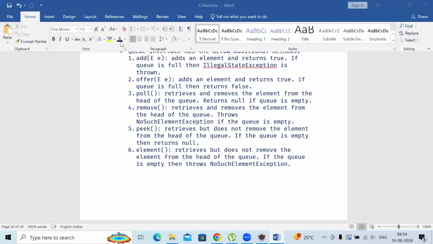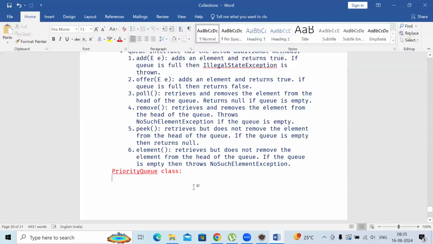I want to keep a heading like PriorityQueue. Yes, I want to write the class name as PriorityQueue. So what I'm saying about PriorityQueue,